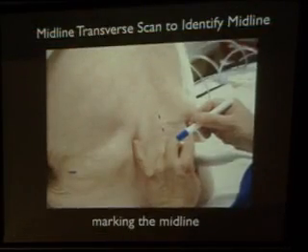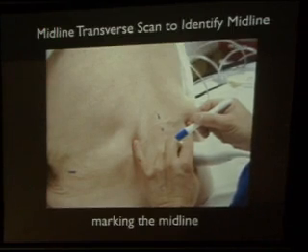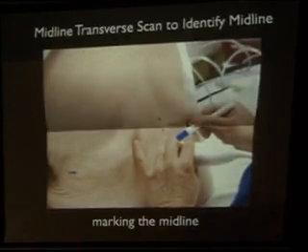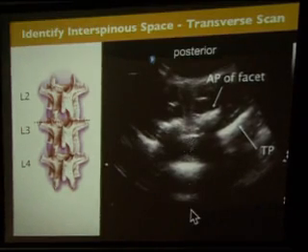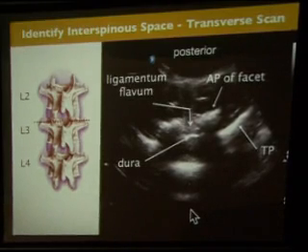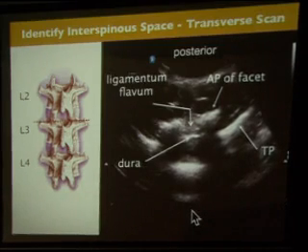What we do is, again, we're not doing a real-time ultrasound-guided block, not like the peripheral nerve block, but we map it. So we can map the spinous process at different levels and mark it. Then we look at the interspace to look at this window. You heard about the lines inside. So all it is, if you can see the lines inside, that means there must be a window. That's all it is.